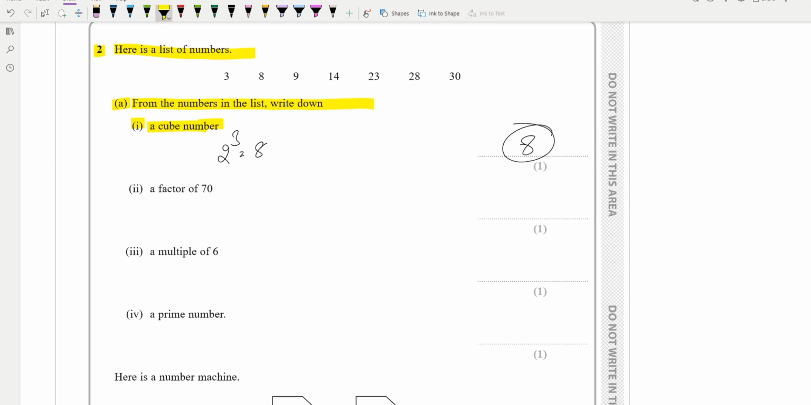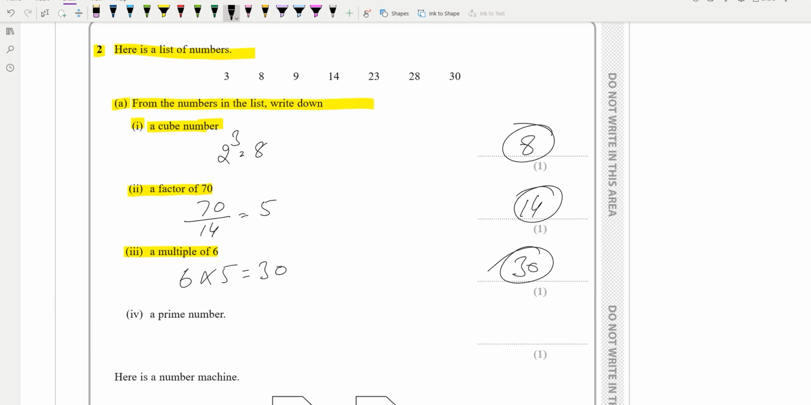Then a factor of 70. A factor of 70 should be divisible by that number. So 70 divided by 14 will be equal to 5. So a factor of 70 is 14, and this is also one mark part. Then third part, a multiple of 6, and we can write the multiple of 6 will be 30. 6 fives are 30, so 30 will be our answer for this